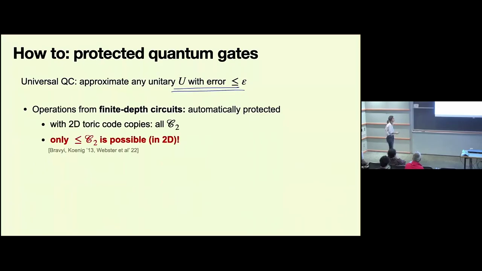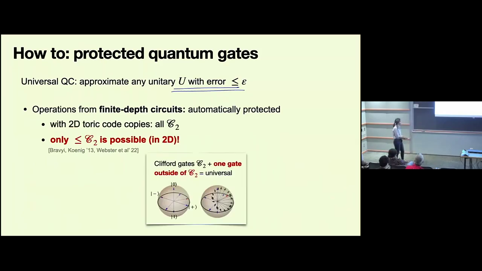The problem is that there exists a no-go theorem that says that with such 2-dimensional (2D) toric codes, there does not exist a protected way to get that non-Clifford rotation using finite depth circuits. So actually, it's impossible to complete a universal gate set this way. And this means that people are using other tricks to complete a universal gate set, and that actually is the bottleneck for protected quantum computation, which makes it so complicated.